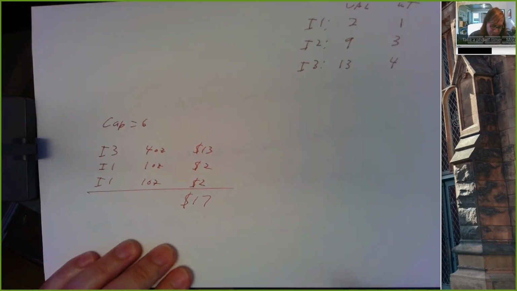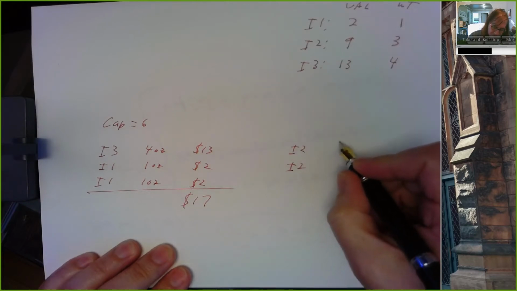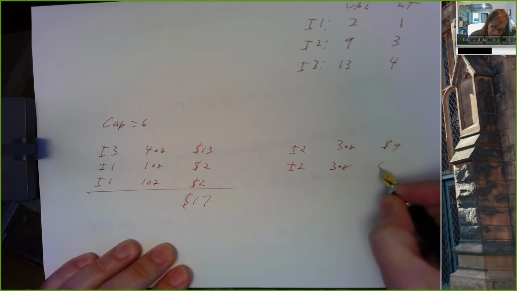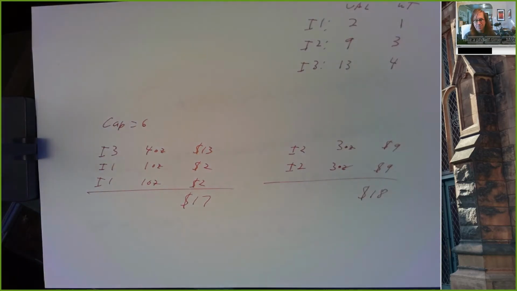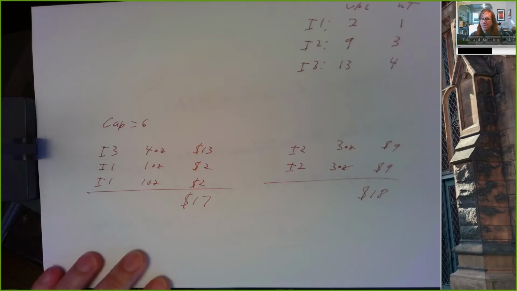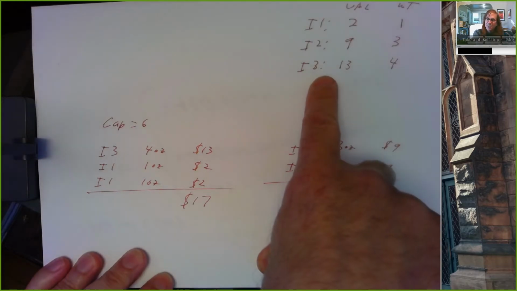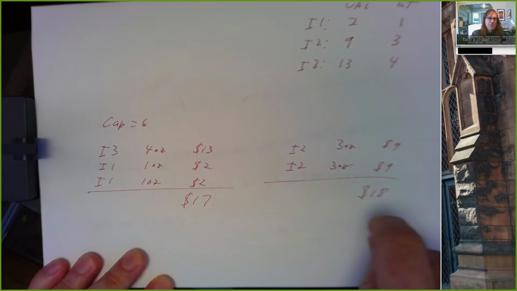The better solution is to put in item 2, put in 2 of those. Those each weigh 3 ounces and are worth $9 and gets us a total value of 18. So it's not greedy in the sense that we have to circumvent what would look like our best bet. This is the most valuable item. We deliberately do not put that in our bag. We start by putting in a less valuable item, but in the end, we end up maximizing our total amount